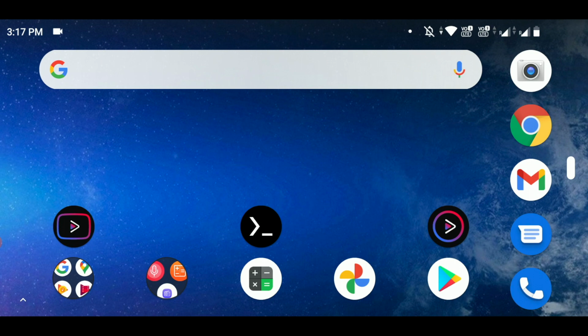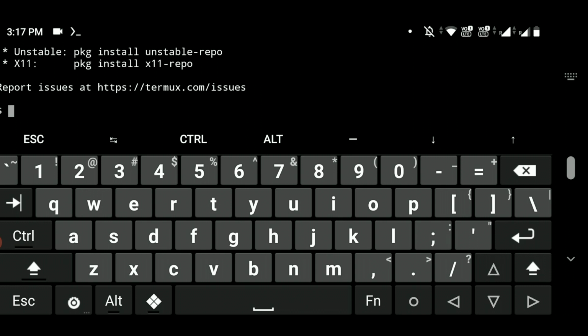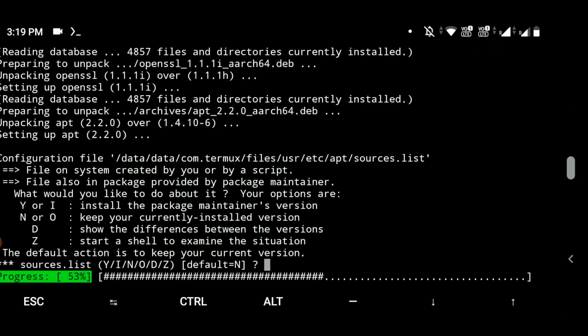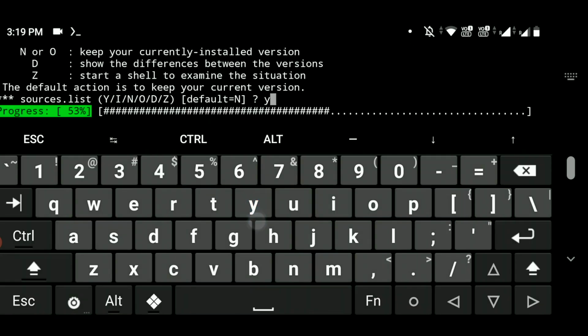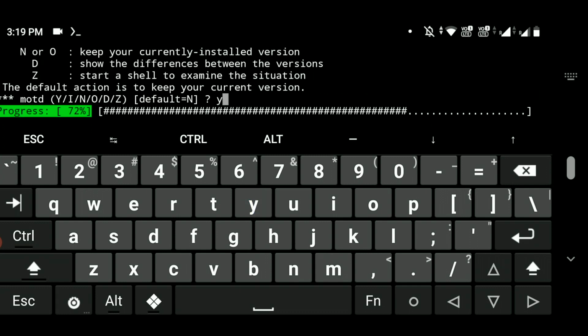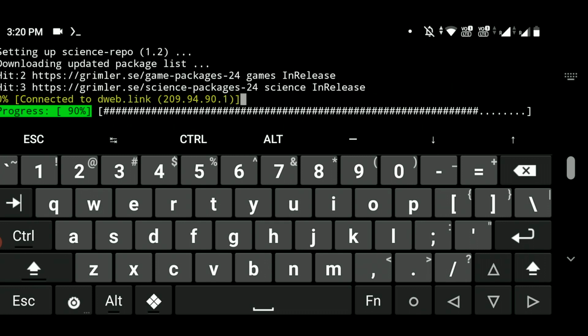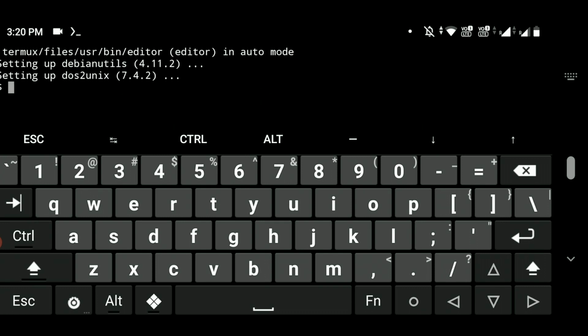Let's see how we can install Sudoku on your Termux app. First of all, open Termux, and you can see it's just setting up. Here you have to type a command. First of all, you have to update and upgrade Termux. So for that, simply type pkg space update and hit enter. At this place, simply type y and hit enter. Now type y again and hit enter. Now type y again and hit enter. Here you can see guys, the update process is completed.